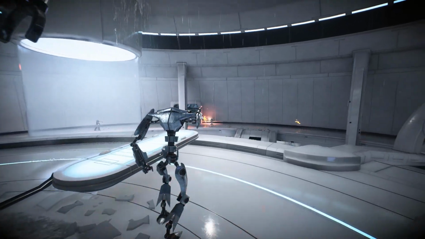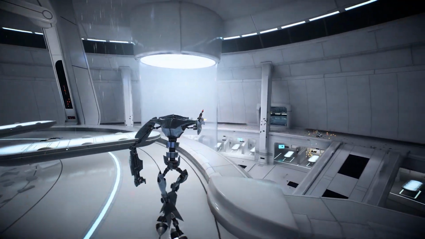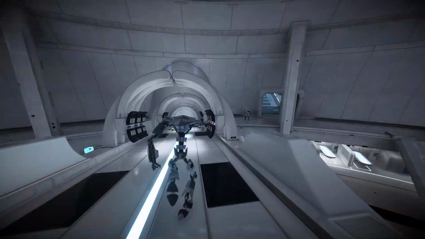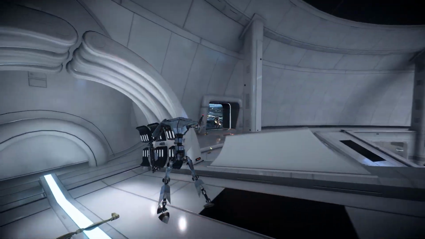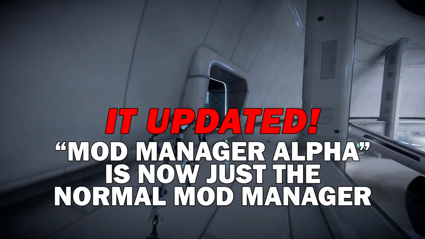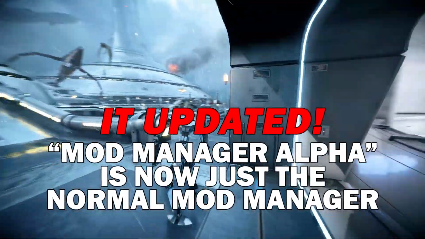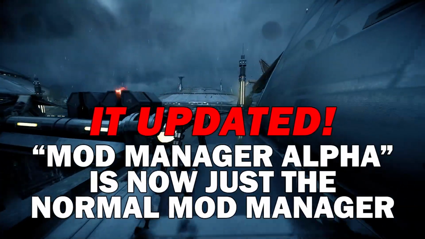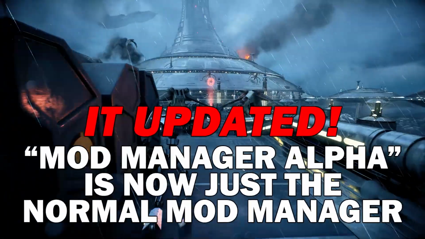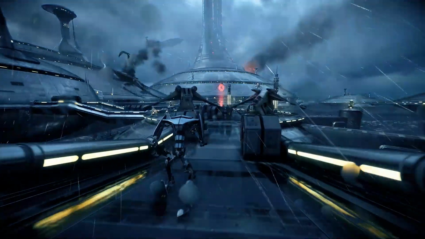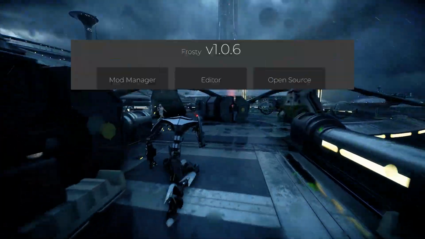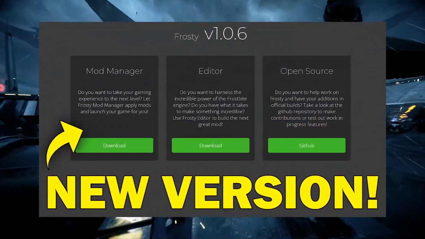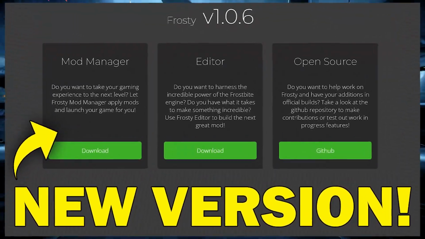The editor is for making mods, and we're not going to cover that in this video because I don't even know how to make mods, so that leaves us with the other two options between the mod manager and the alpha. The mod manager is the normal default mod manager that can work, while the alpha is a newer version but is still in the alpha stages, hence the name, and the builds are still work in progress. Although the alpha version gives you a chance to access more mods that you wouldn't normally be able to otherwise, so